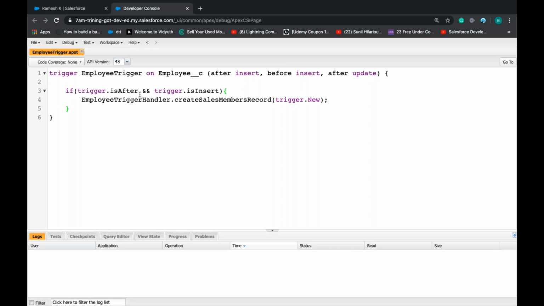So always, after execution should not happen in before. So always try to have this kind of logic, and for before insert, we can write like this, right?